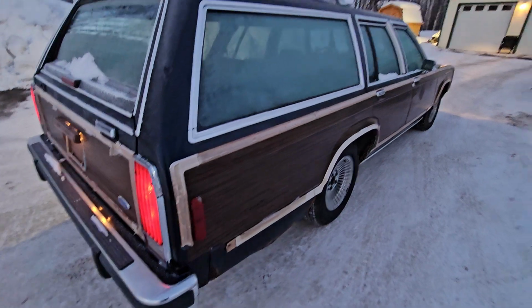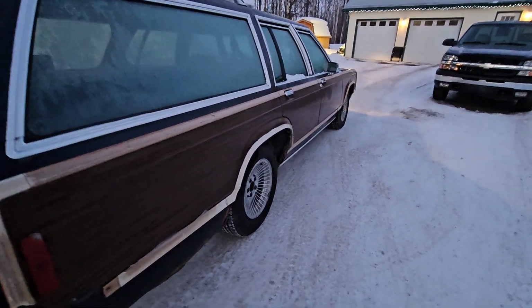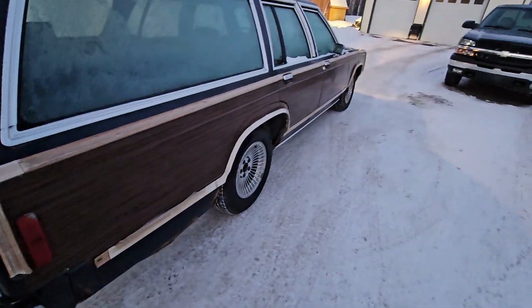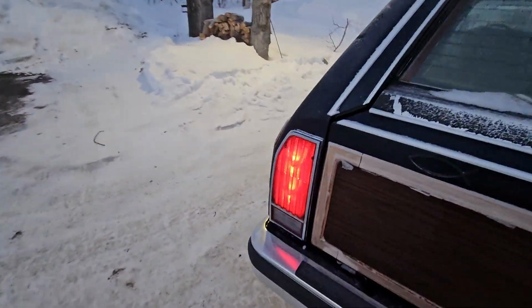Some of it's broken right there, but one of the panels is not just straight up missing or peeled off of the car. It's, I guess, a vinyl, but most of the exterior trim is still there. Doesn't look great, but